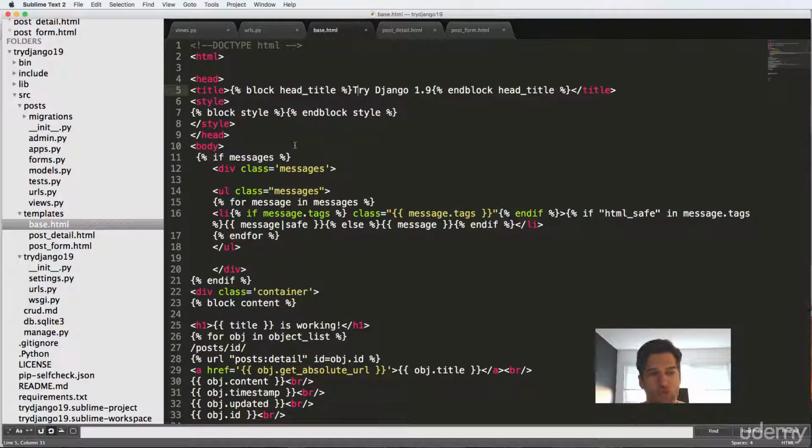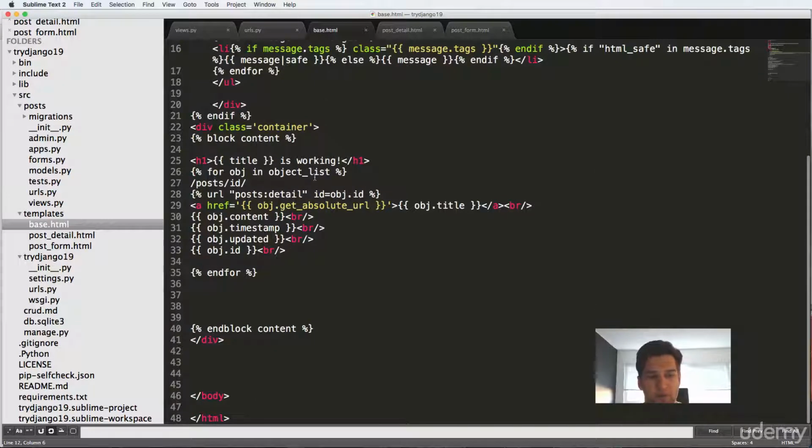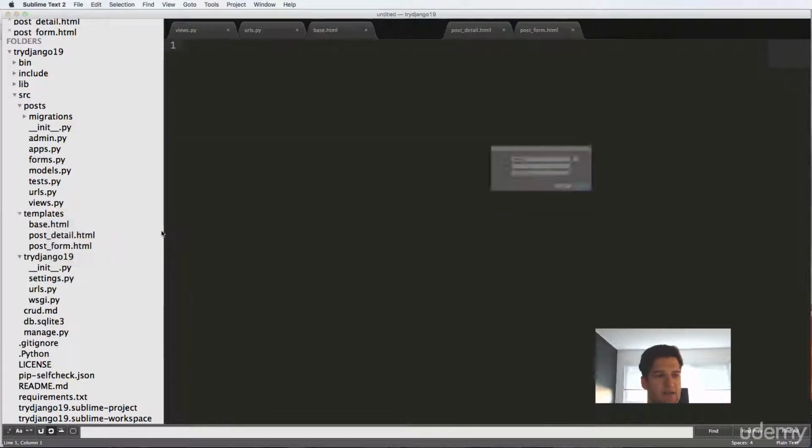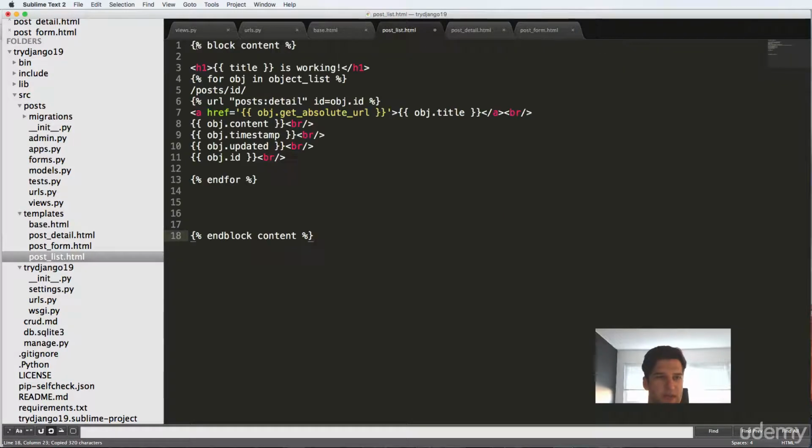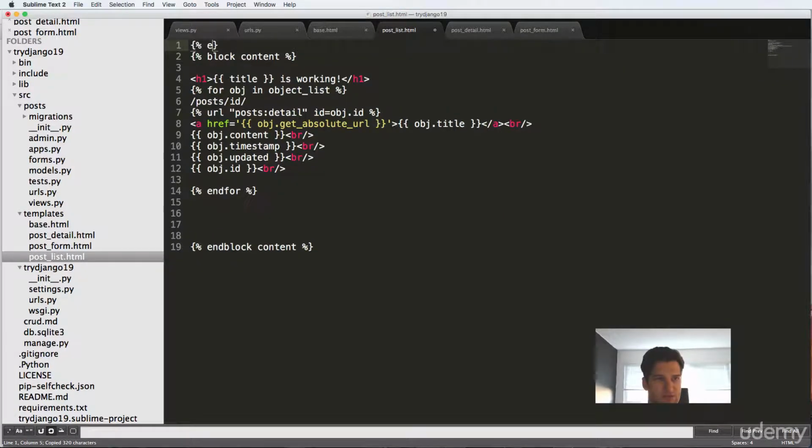And what we also have is a way to display our messages and one location for pretty much anything that would be related to the documentation. There is one more thing that I want to do, and that is adding in post_list.html and putting this inside of there. So this block content that we had, I'm going to go ahead and copy this and just separate that out. So extends base.html,